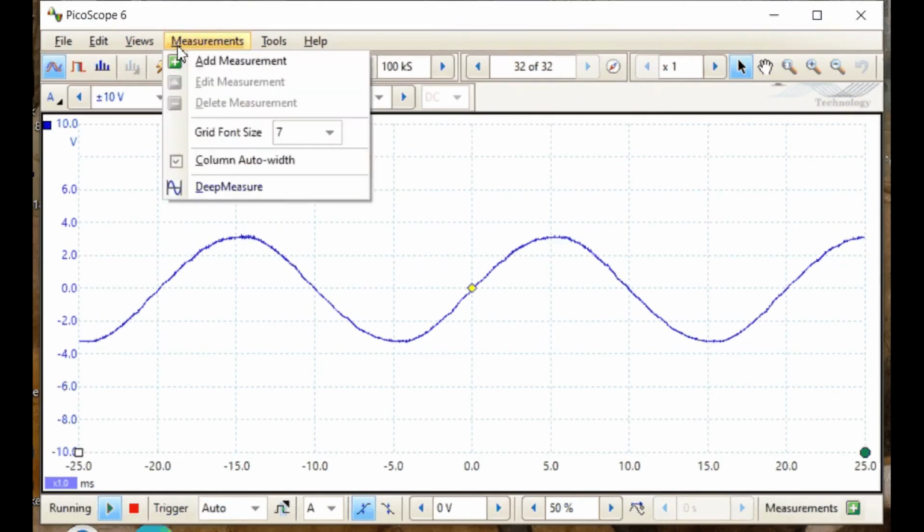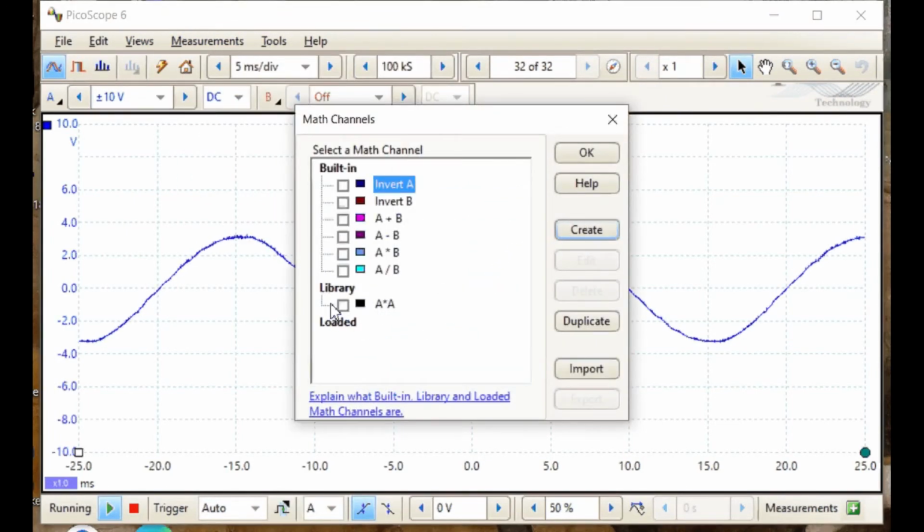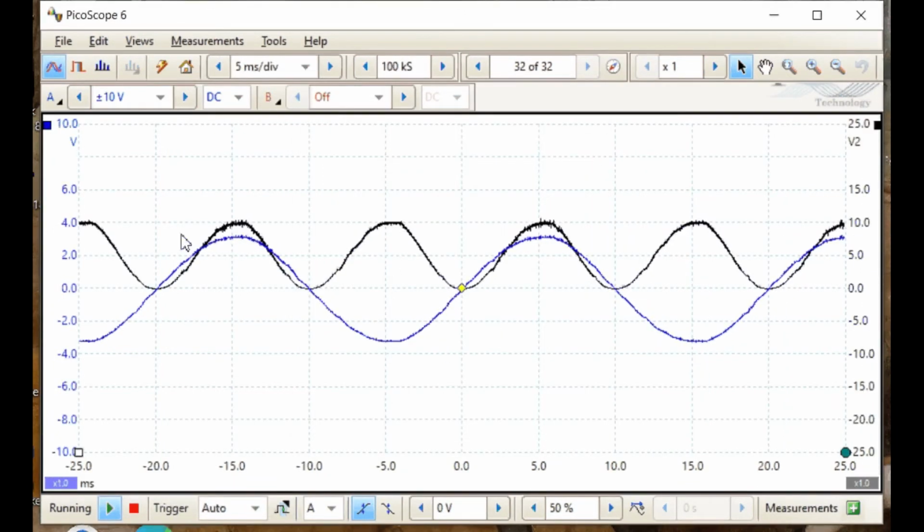So what I'm going to do now is use this maths channel to add a value which is the A channel squared, and you'll notice that this would be more representative of, say, the heat given out by a resistor or whatever. And I think this is a good approximation to the intensity. So if you think of heat and light, the amount of light given out is proportional to the square